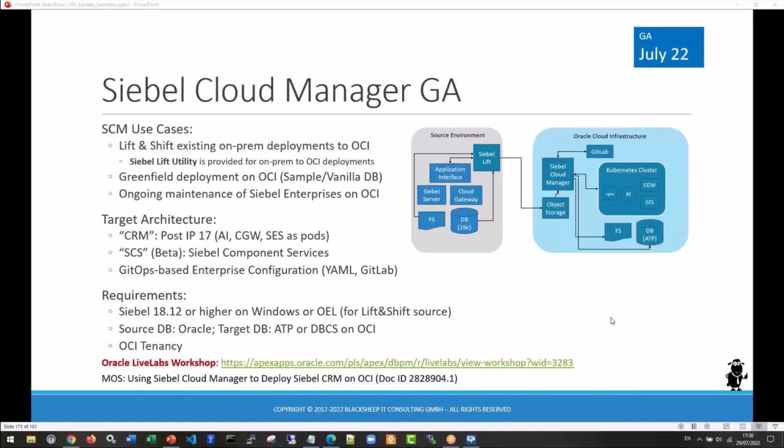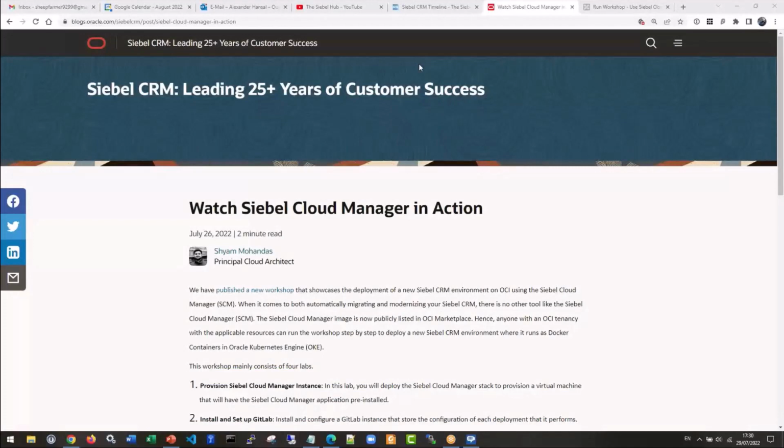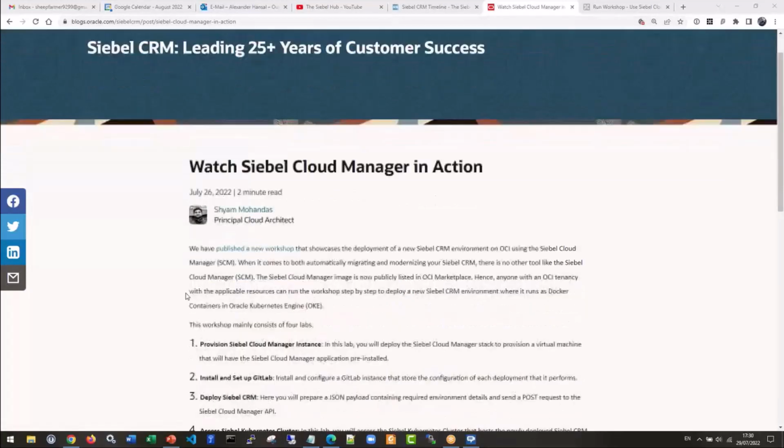The current version 22.7 is out, I've seen. And there's also the blog article, let me see if I find it. Give me a moment. Yeah, that's the blog article just released a few days ago on the Siebel CRM blog by Shia Mohandas. And there's a link to a workshop,